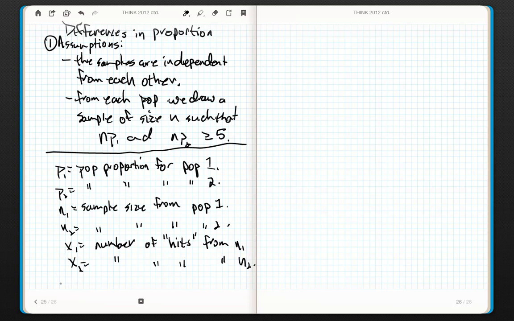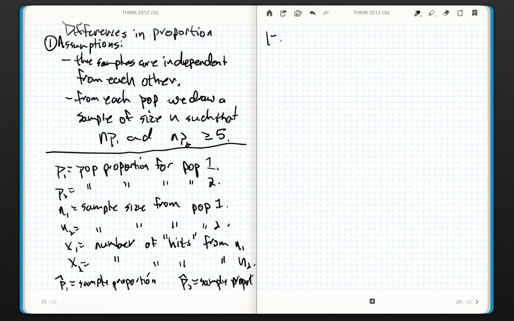Easy peasy. So I know that P1 hat equals sample proportion for population 1, and P2 hat equals sample proportion for population 2. Sorry, you guys, that's terrible. I apologize. Okay, so nothing to it. I also know that, might as well be exhaustive here, 1 minus P1 hat is equal to Q1 hat, and 1 minus P2 hat equals Q2 hat,